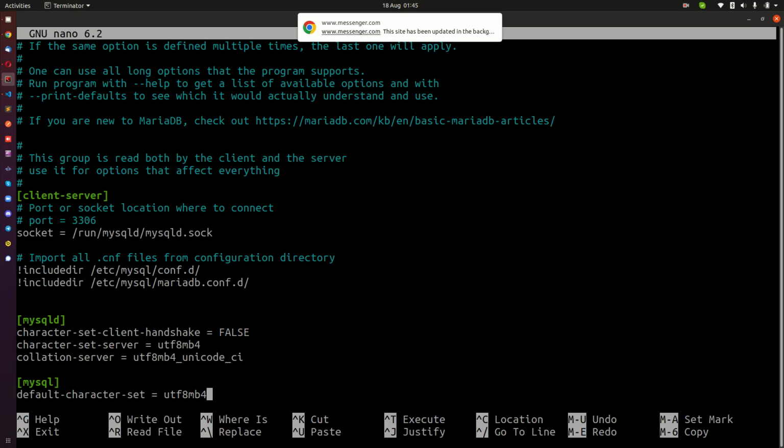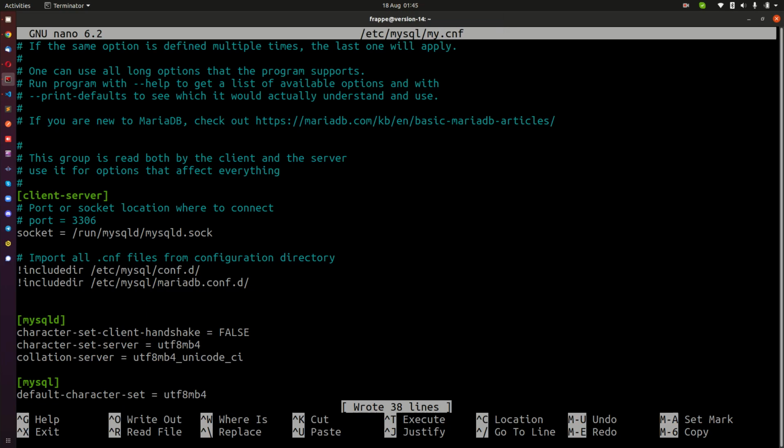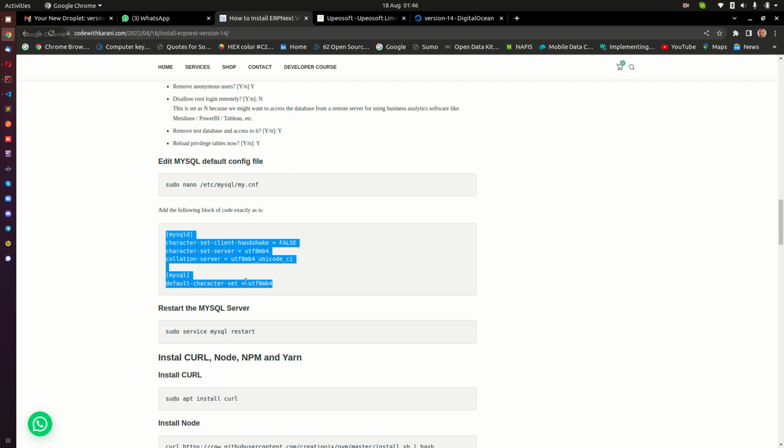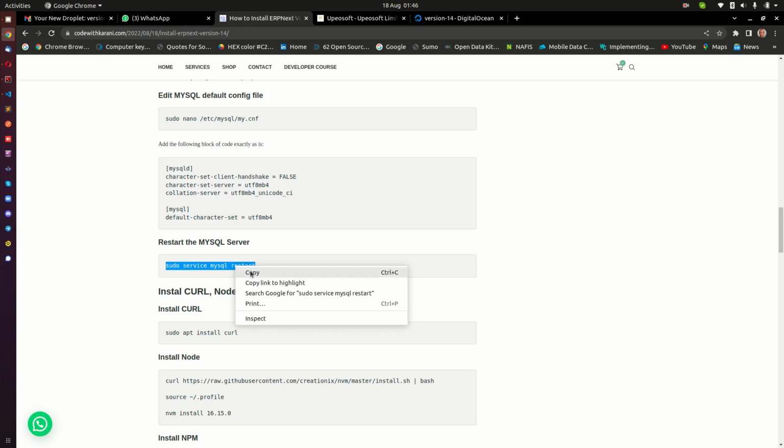I'm going to save my file here. To save, I have pressed Ctrl and O, and then I've pressed enter. You can see it's telling me that it has written 8 lines, and then I'm just going to press Ctrl and X. So to save, that is Ctrl and O, enter, and then Ctrl and X to exit from that file. So those changes have been made, and now we are just going to restart our MySQL server